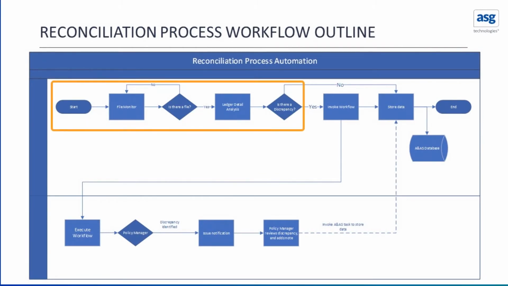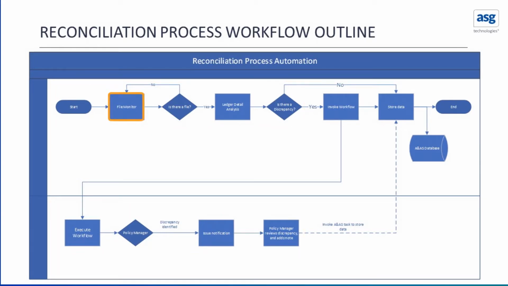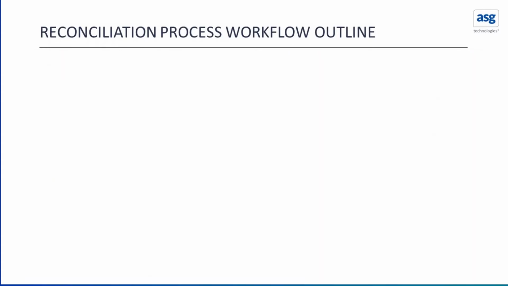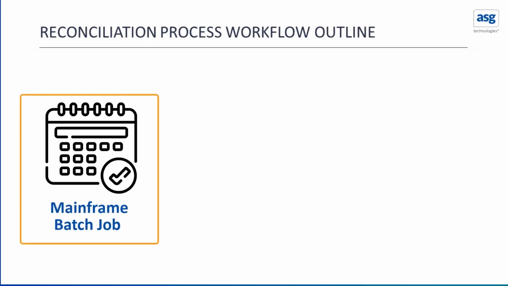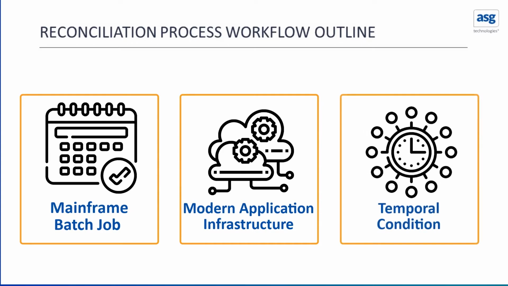AAS can continuously scan the data estate to identify data and related business processes to be executed. The monitor feature detects presence of a file at a pre-configured location. This event in turn sets in motion execution of the business process. In practice, the file noted above, for example, could be the output of a nightly mainframe batch job or generated on a periodic basis by another application on modern infrastructure. Alternately, the business process execution could also be triggered on a temporal condition.